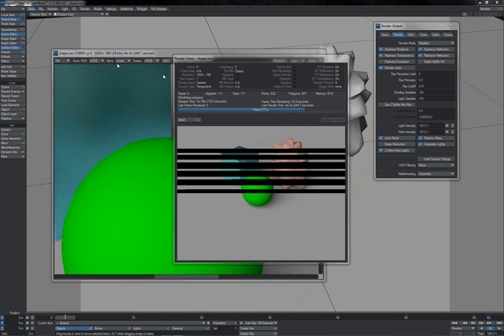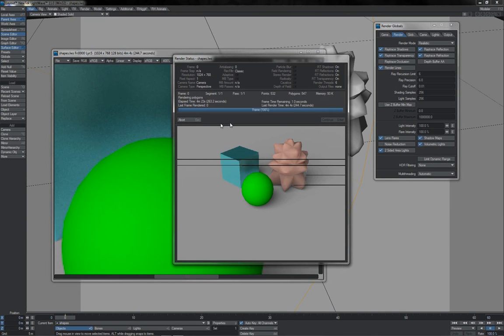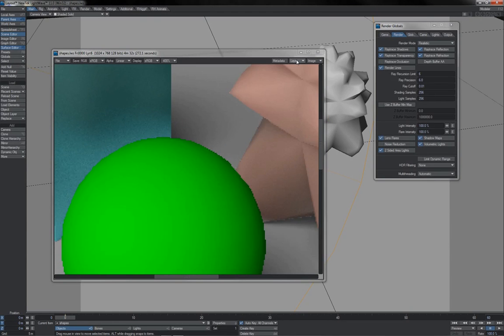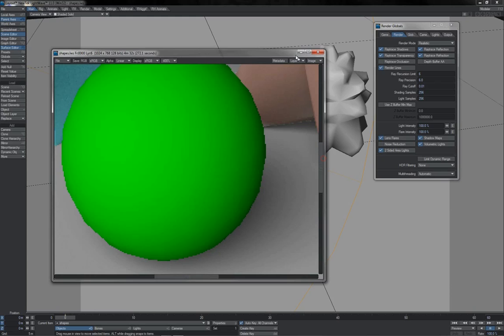Still not perfect, as you can see, because LightWave can't judge how long it's going to take to render these blank pixels until it has started rendering some of them, but it does give you a much more accurate idea. So here we go, just about done, and bingo, there we have it, 4.5 minutes. Let's compare that with the previous. Yeah, we're not bad in terms of shading, reflection, shadow quality here. We're about the same as we were before, possibly slightly better on the shadow there,